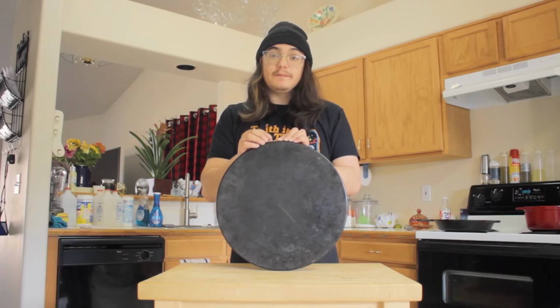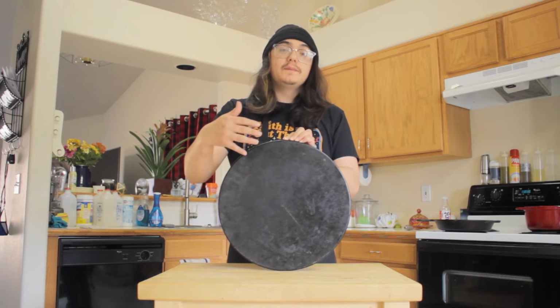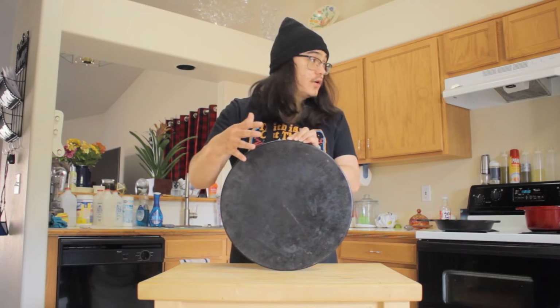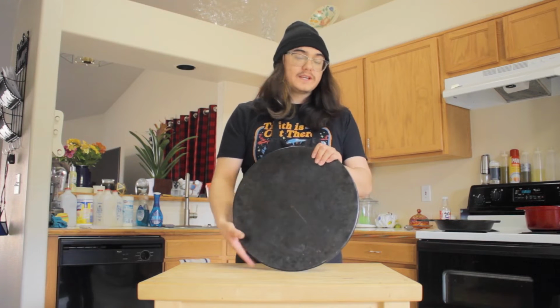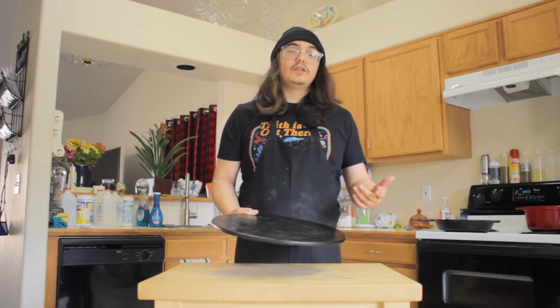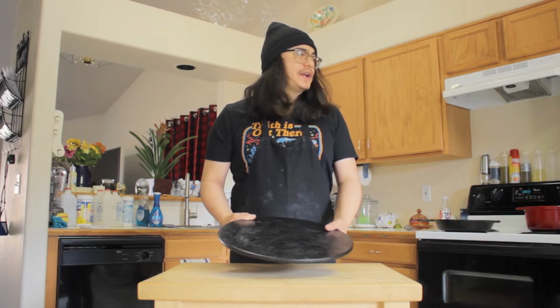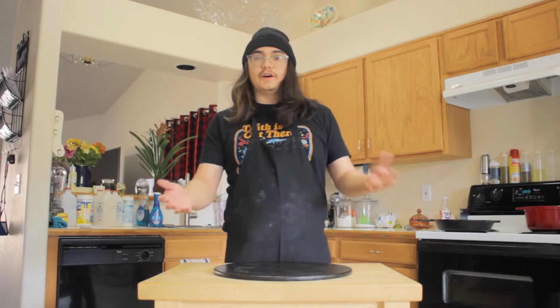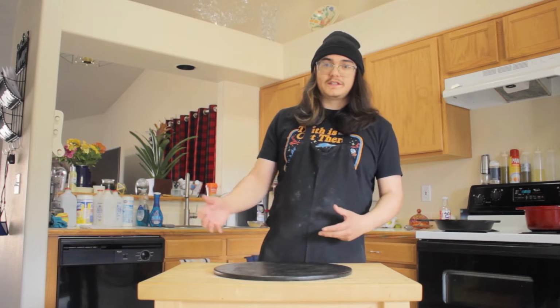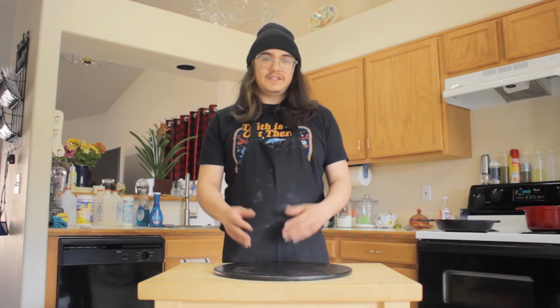These are great for pizza because they allow a lot of heat transfer between the baking surface and the dough. This one in particular is made of ceramic, but they come in many different forms, namely steel and another mineral called cordierite. Cordierite, I think that's how you pronounce it. Cordierite. The only real difference between all three of these different types of pizza stones or pizza steels is just